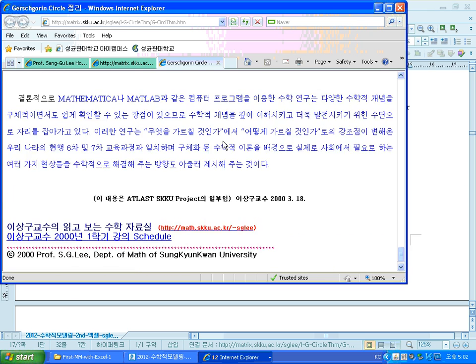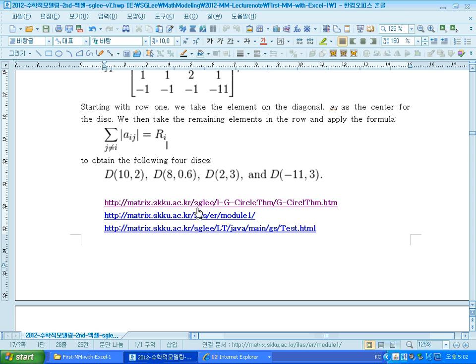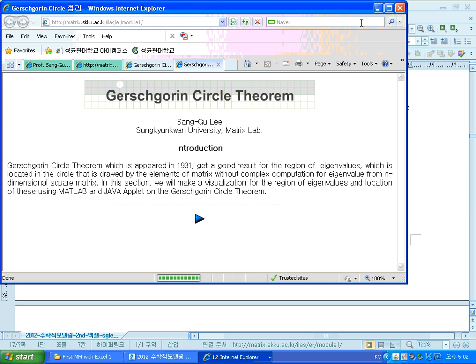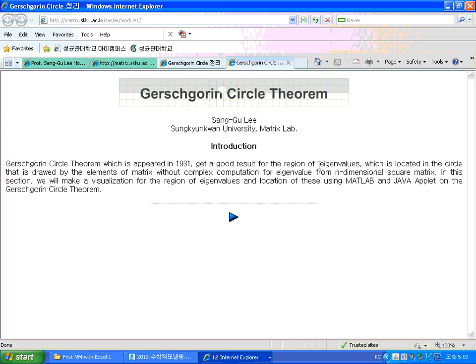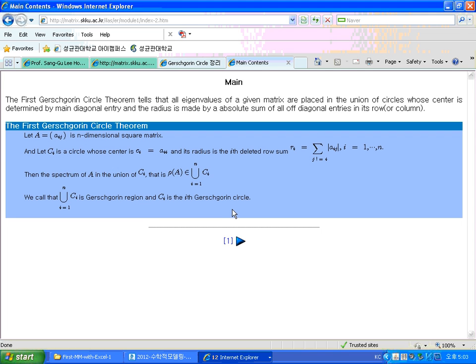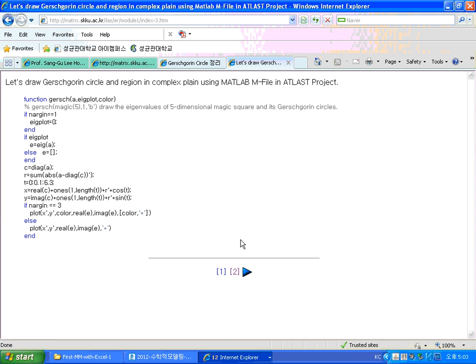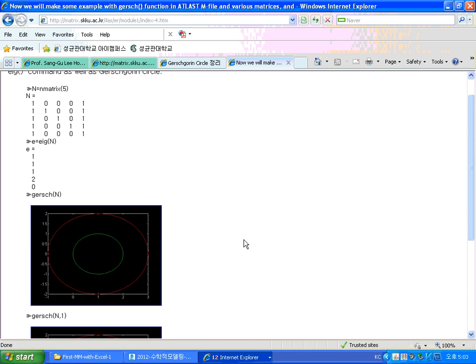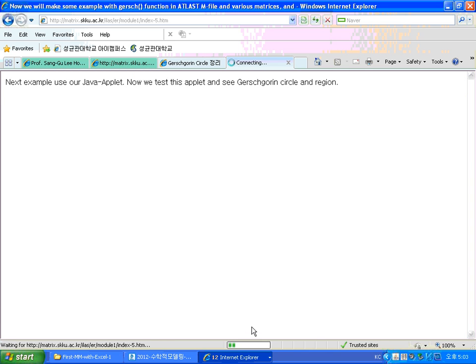Okay, and the conclusions. The next information is that we made an English version of those Gershgorin theorems, and that has the Matrep command